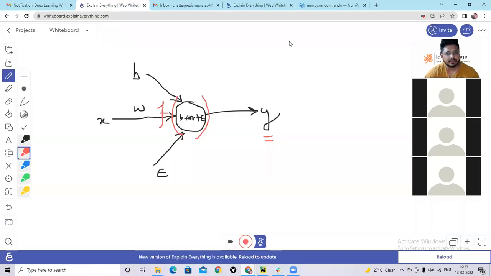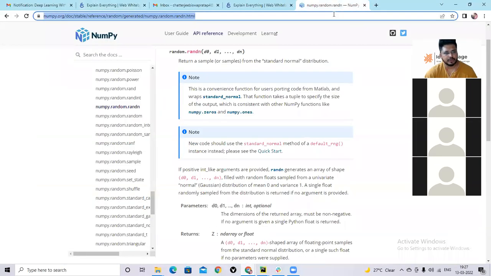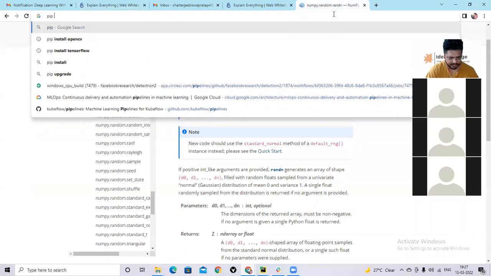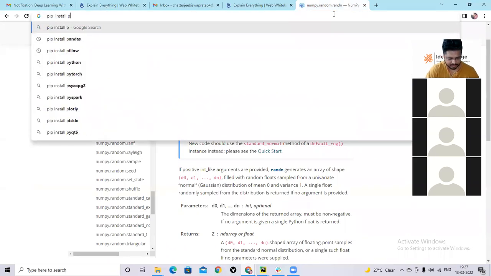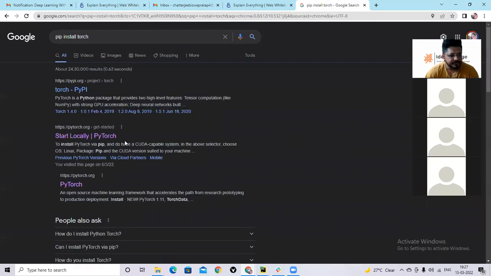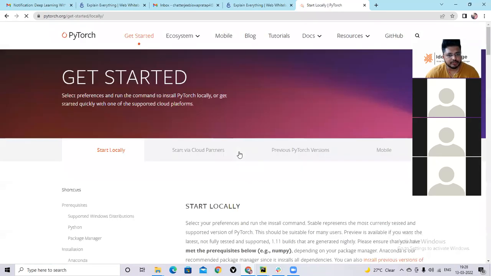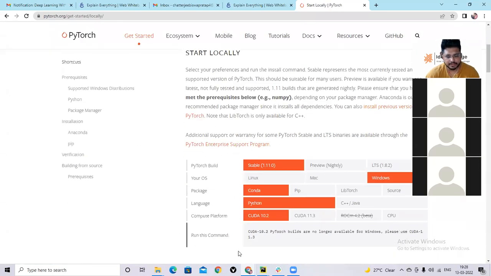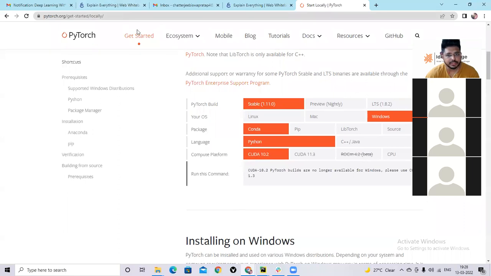How to add it: if you search for install torch, you can install it straight away here for CUDA capable devices. You go to this location, select the PyTorch version for Windows, for Linux, or whatever.